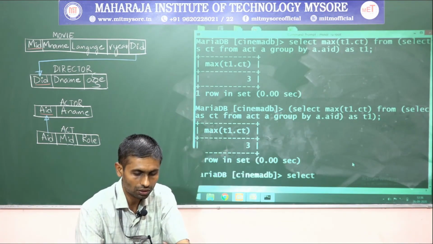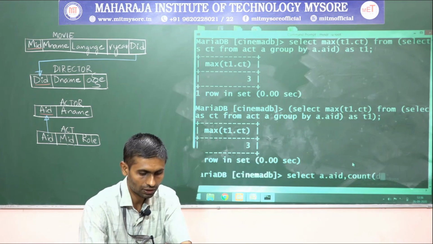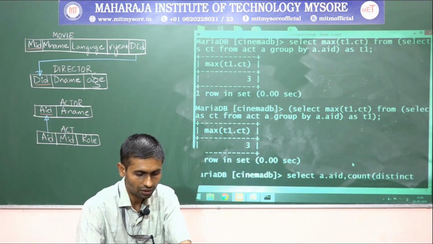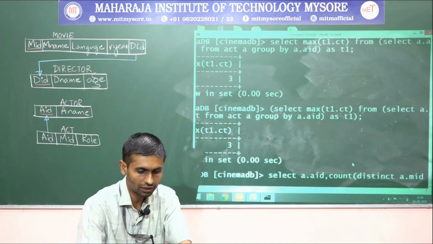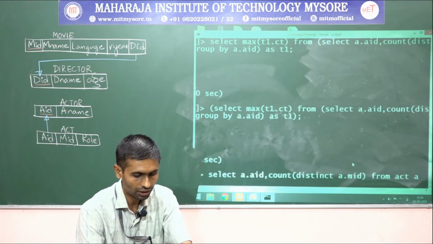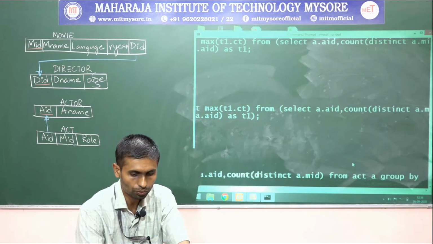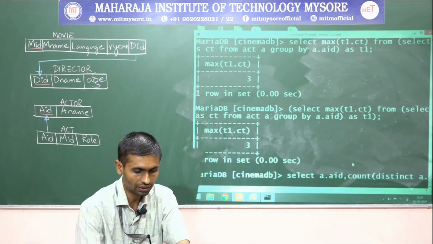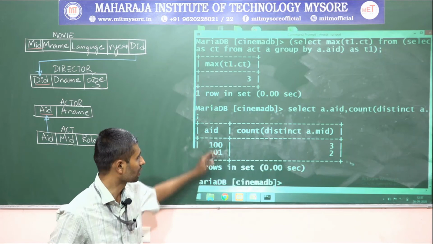So how can I get a count? Each actor acted in how many movies? A.AID, then count of distinct A.MID from act A, then group by each actor. Group by A.AID. That's it. This gives me the count.